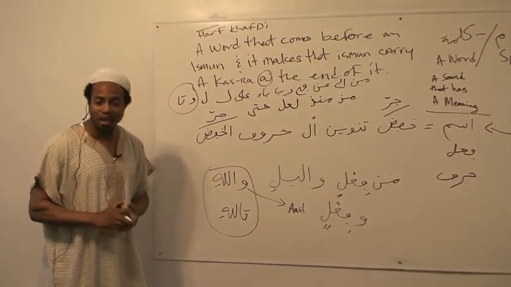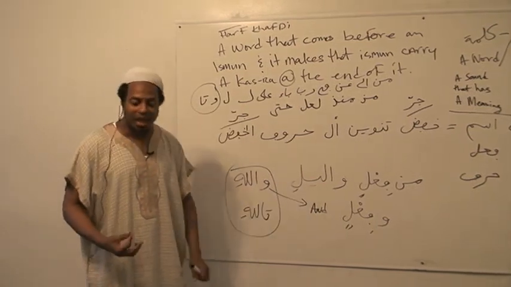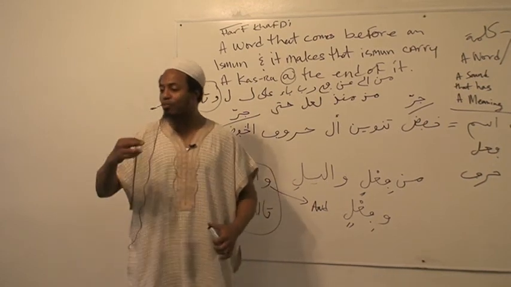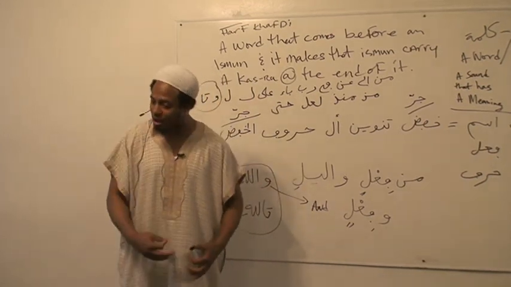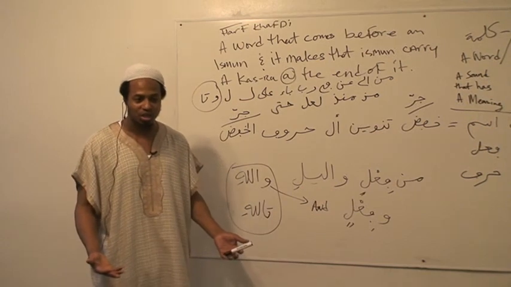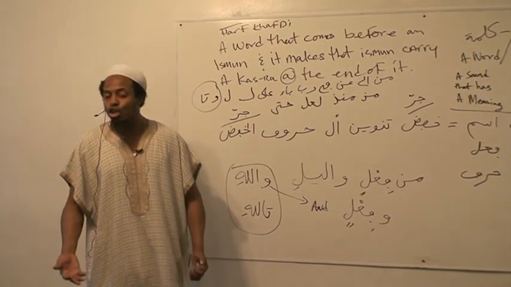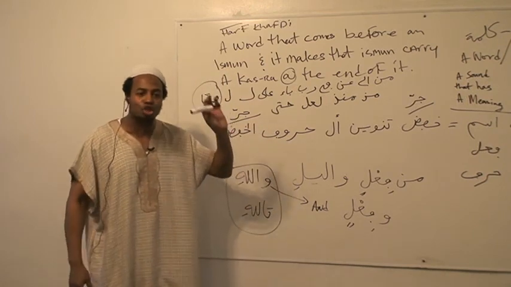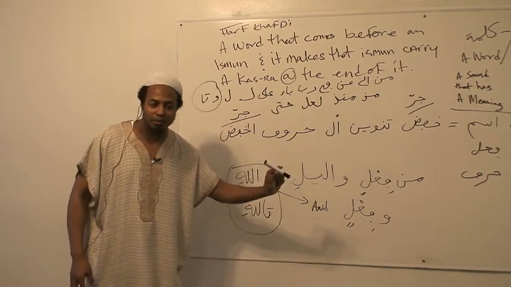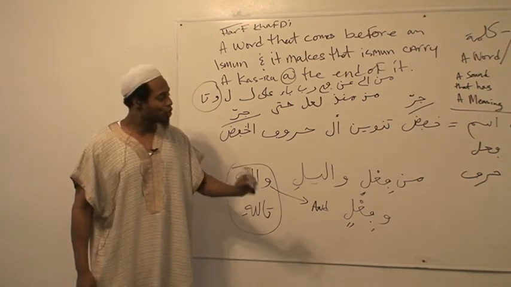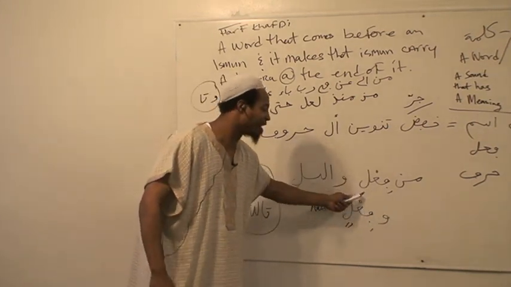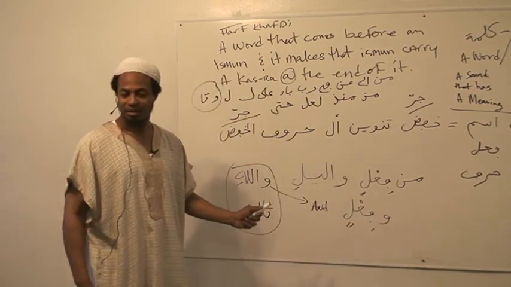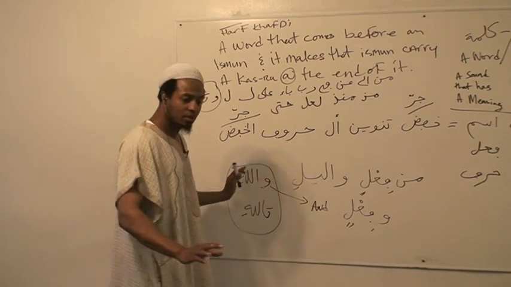I'm going to bring the chalk and the marker. I don't have to say I'm going to bring the chalk and I'm going to bring the marker. This is redundant in speech. Redundancy in speech is ugly. So I can go short and abbreviate that sentence by saying I'm going to bring the chalk and the marker. You understand that? So likewise, we can say min fi'lin wa fi'lin, meaning wa min fi'lin. Right? We good? Now,